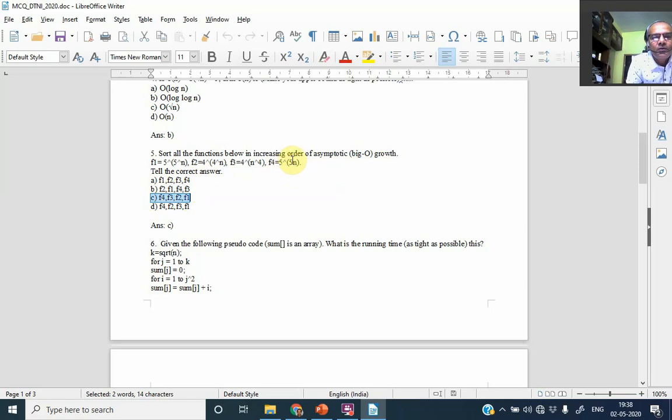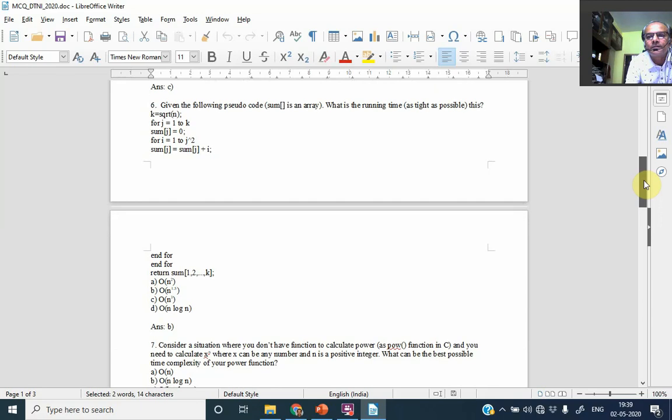So f4 is 5 power 5n, that is basically a multiple, but here it is 4 power n power 4. That means for a constant value of n greater than or equal to something, you can find that f3's size is more than f4, f2 is more than f3, and f1 is more than f2. That is very easy. I don't want to tell you this thing. Now go to the problem